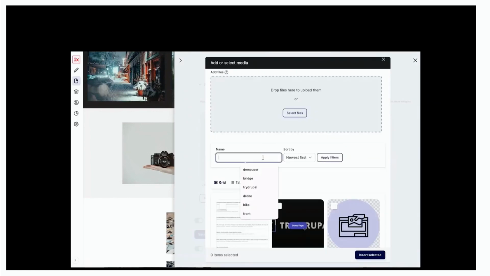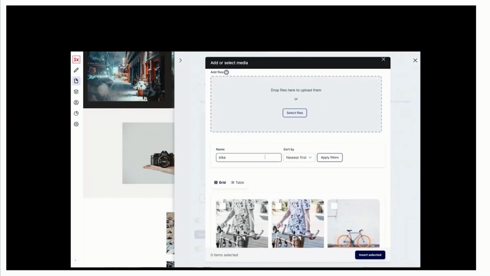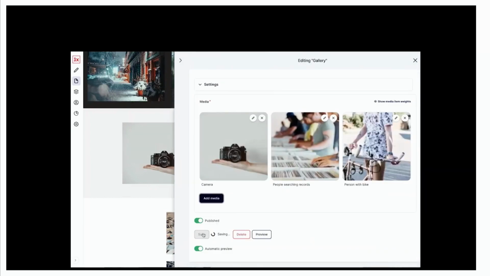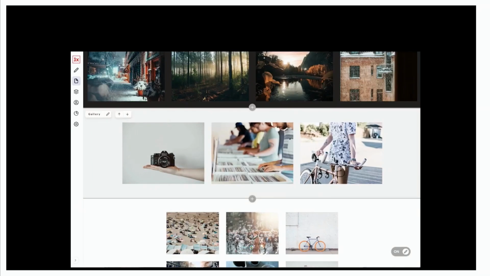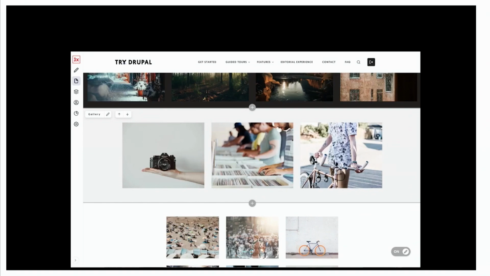Of course, this is something that we want to be able to do. We're just talking about images here. We just want to be able to add and remove these images without having to know how all these things work on the backend side, in the Drupal site building side of things. We just want to make those changes very quickly and very easily. So hopefully from that video, you're able to see the real value that the front-end editing module can bring to a content editor, really speeding up the process and improving efficiency and productivity.